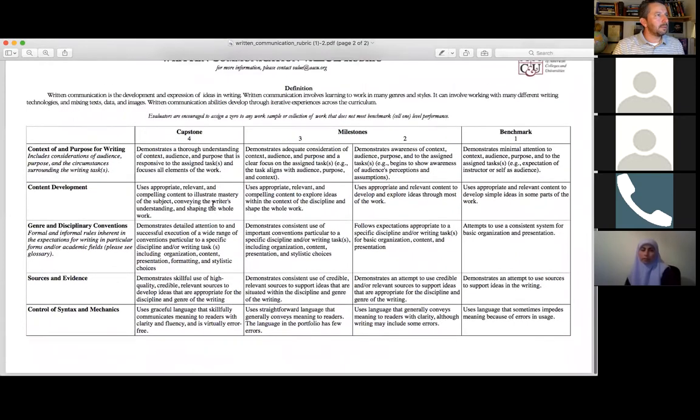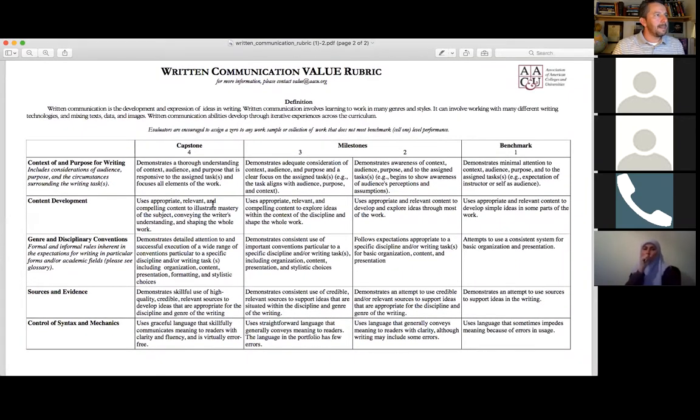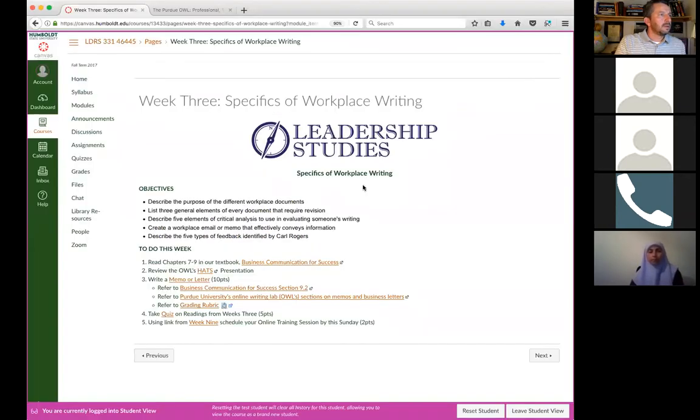Obviously, or maybe not so much to you guys yet, but the memo assignment is not worth as much as the signature assignment, the white paper. The white paper is like a research paper. It's going to be worth a lot more. So in that case, what I might be doing is giving you 1.5 points for every point on this rubric, or whatever it works out to be. All right. So that is the rubric for writing.